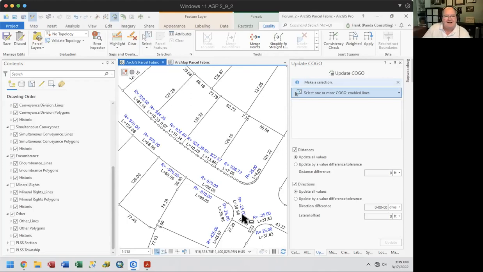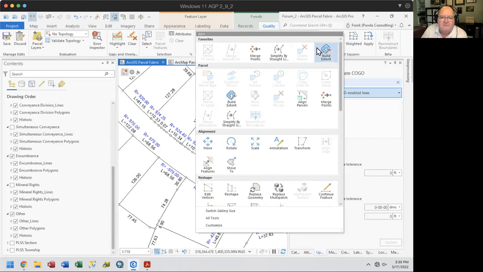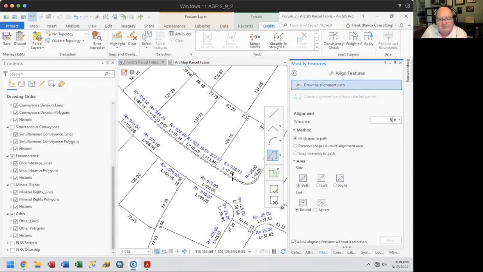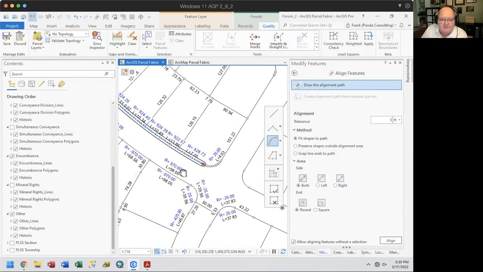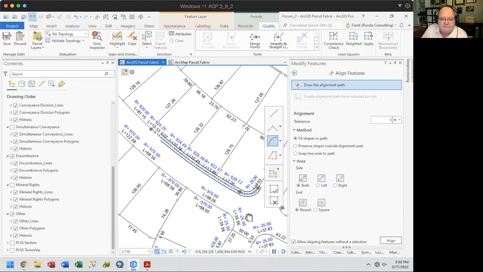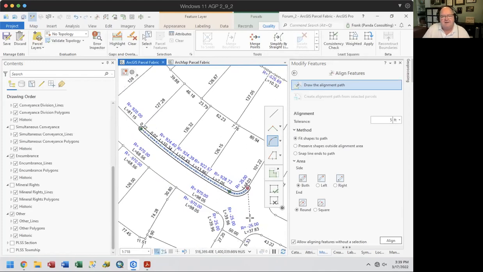All right. Let me just demonstrate one more time. Again, this is one reason why we tend to move over to the parcel fabric. When we're dealing with parcels, we wind up with all of this clutter that is difficult to correct in other data structures. I'm going to correct it to there. I'm going to correct it to here. By the way, I can see that that was supposed to be a 25-foot